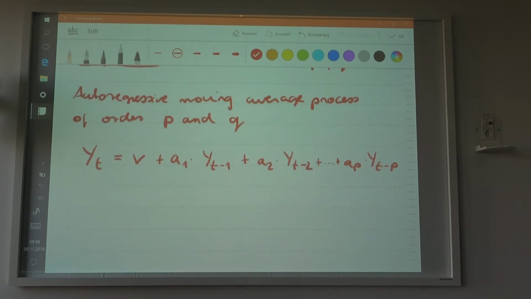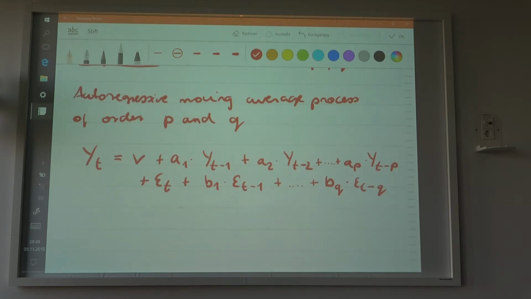And then what you have is the moving average part. So then plus the noises: white noise at point t, then plus b1 times the white noise at point t-1, and so forth. The last one is going to be a slope of b_q times the white noise at point t-q. So this is how the process will look like. You have an autoregressive part, which is in the first line, and the moving average part, which is in the second line, obviously.